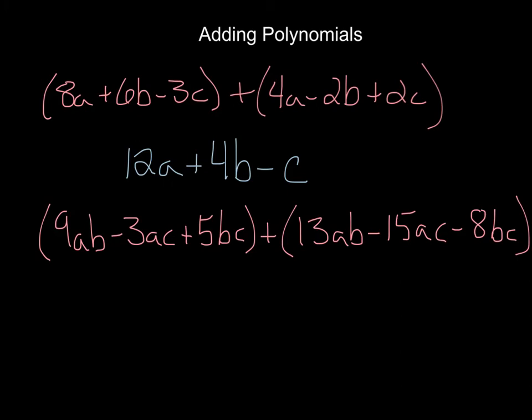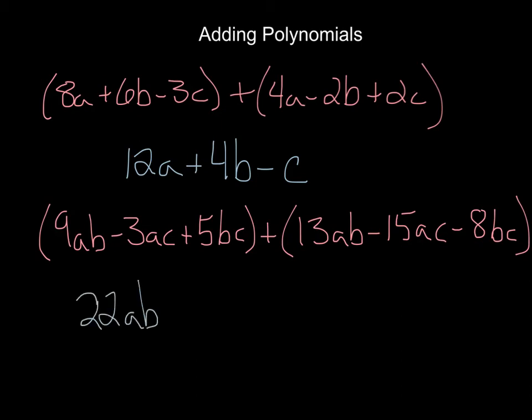Okay, again, we're just going to combine like terms because we are still adding polynomials. Here's our first polynomial. We're going to add it to our second polynomial. And all that means is that we're combining like terms. So we're going to take the 9ab and add it to 13ab for